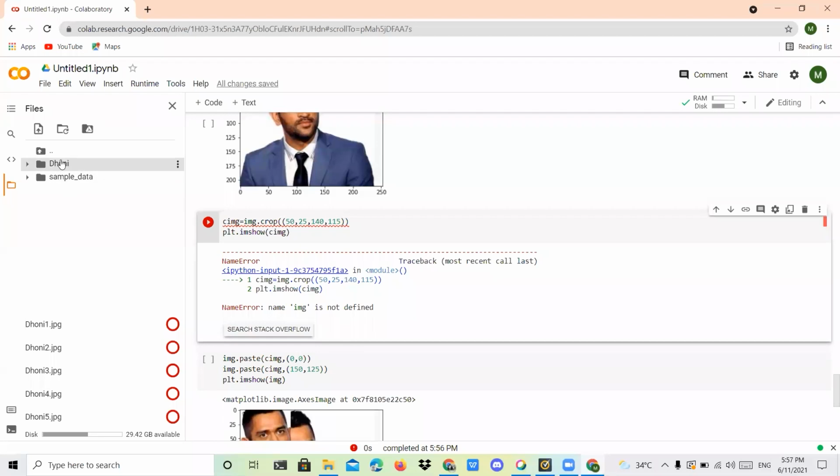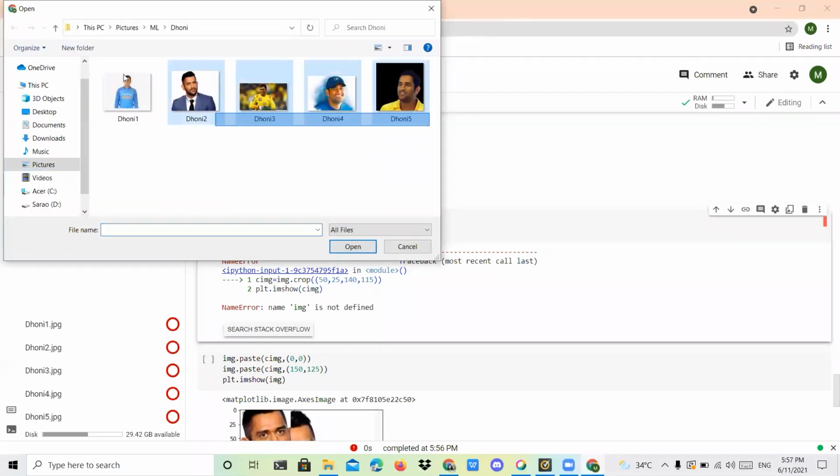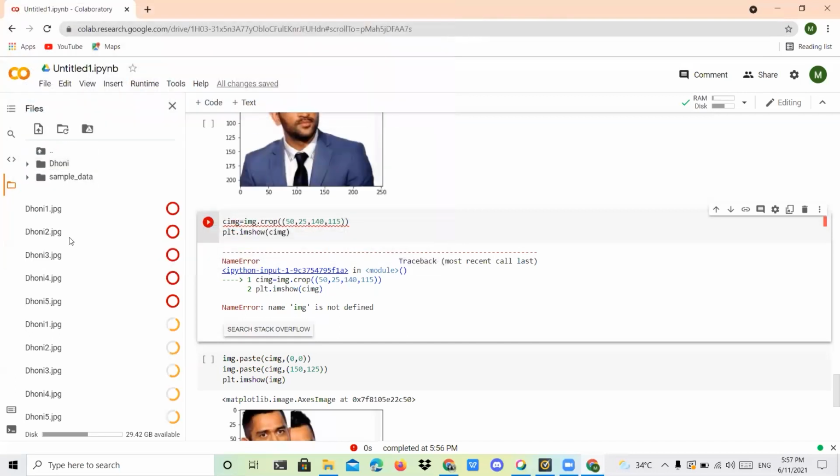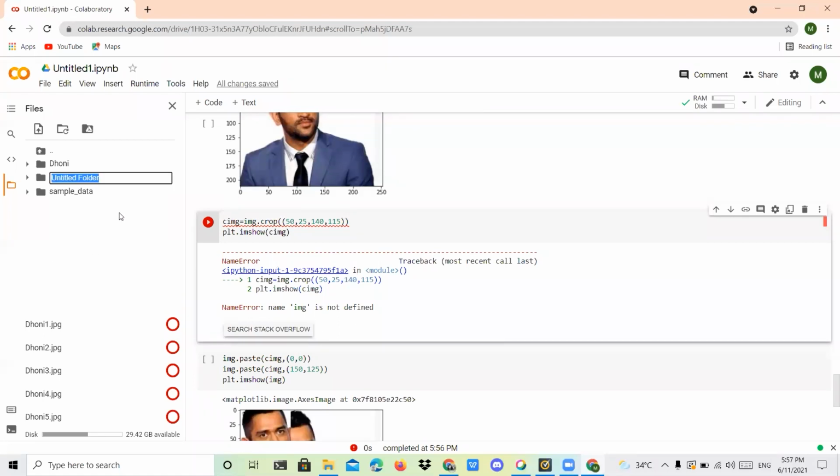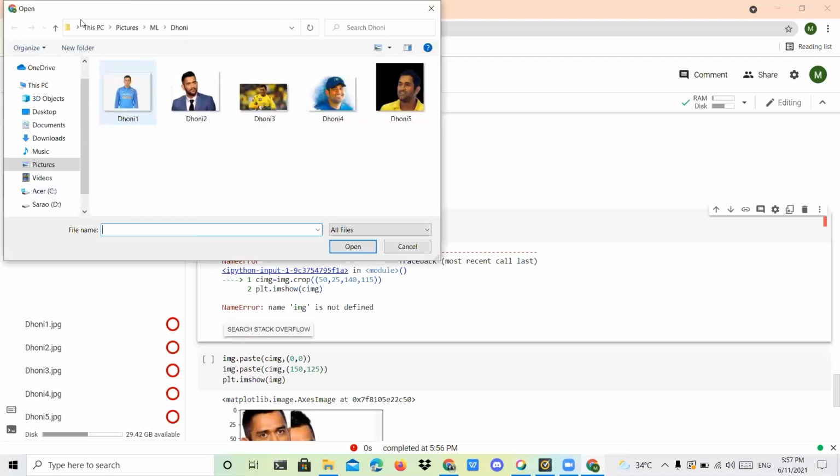Again, it's not loaded. Yes, uploaded. Use one more folder also, that is Rahul. Here, I'm going to upload my remaining 2 images.